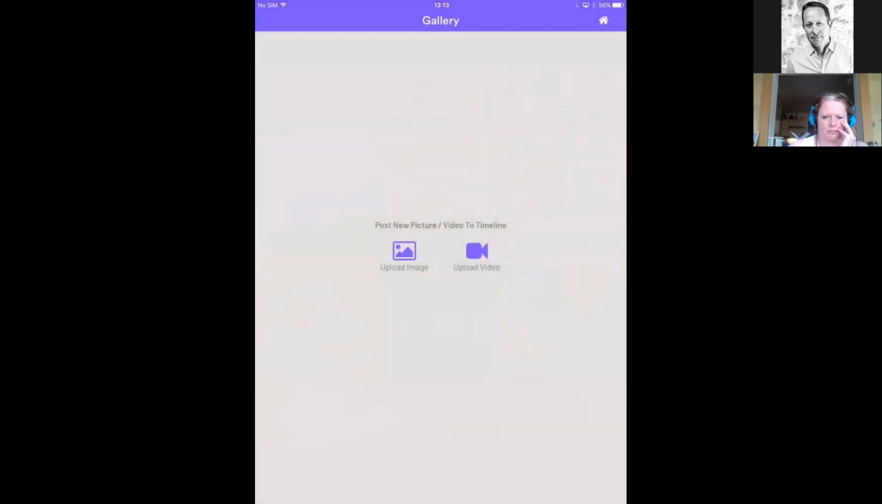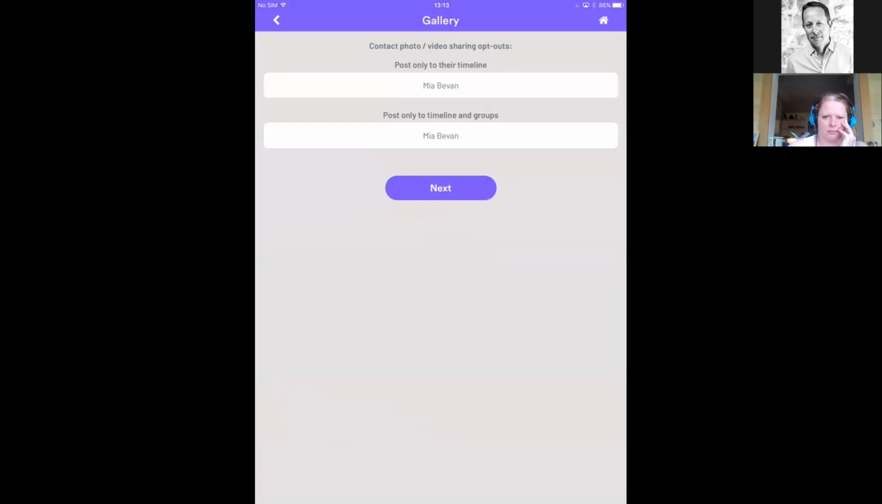Click on choose, and then in here it will say, okay, well, post only to their timeline. So Mia's said, right, you can only post to that timeline. Well, actually, she said, no, I can post it to her timeline, and I can also post it to the timeline and groups. So I'm going to select one of those options,